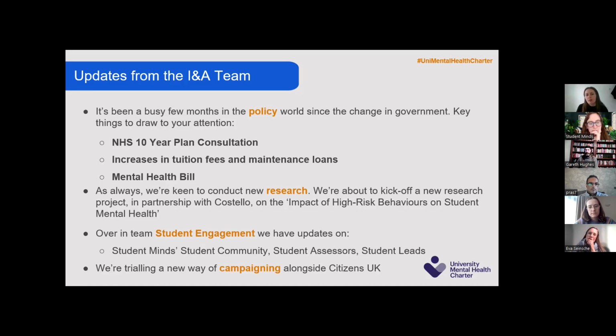We are also, now I can't remember what we were saying about the mental health bill. I think our chief exec is part of a group of chief execs of lots of different mental health charities, and all of them are keeping a very keen eye on the mental health bill and giving feedback around what we think is missing from that and what we'd like to see more of. A lot of it, I think, around early support hubs and that campaign that we are supporting. But yes, lots going on in the policy world.